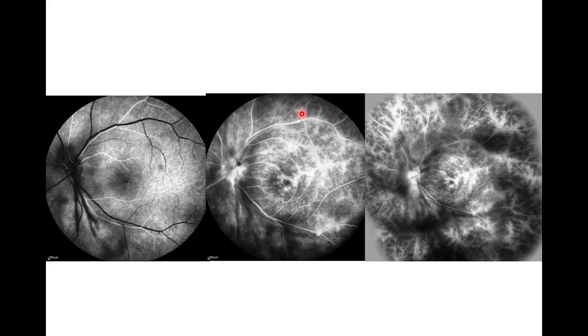We can see the staining of the vessels seen in all quadrants. This is not leakage. You don't see any fuzzy hyperfluorescence there. Here, all these findings, staining of the vessel in all the quadrants, in all the veins. So this is due to the vasculitis. The diagnosis is vasculitis.